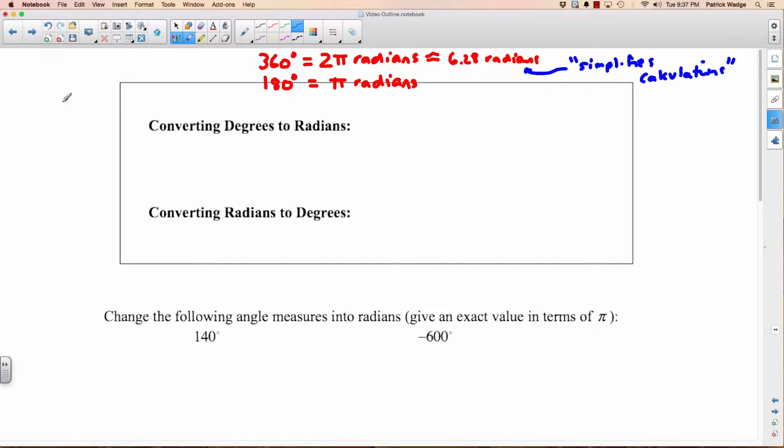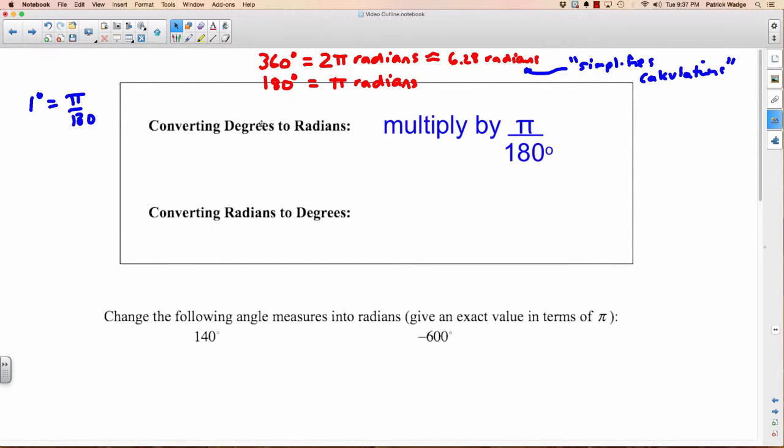So with that in mind, if 1 degree equals pi over 180, how would you figure out how much 2 degrees is? You just multiply this by 2. If you wanted to figure out what 10 degrees equals, just multiply this by 10. So if you want to convert degrees to radians, what you're going to do is multiply the number of degrees